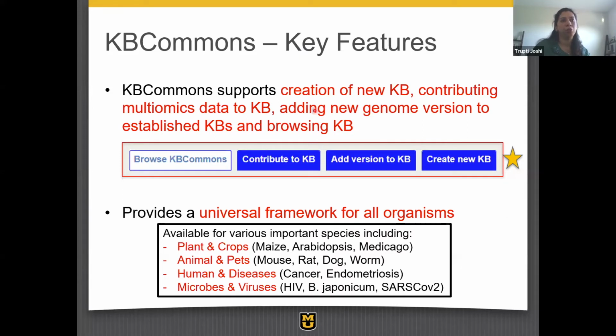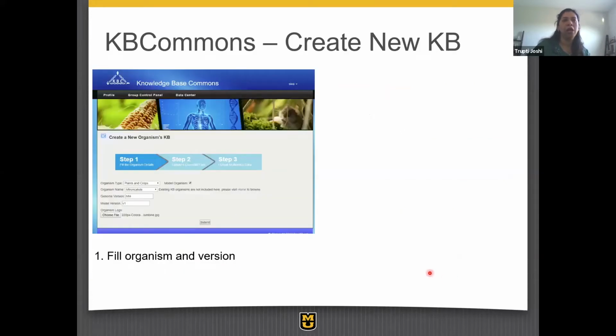You can pretty much do all 4 of these things if you're starting with a new organism and bringing your own data sets. And in doing so, this is an example of a couple of things that we have already worked on and that exist in the KB Commons system through all of these 4 different species groups, I would say. So I will quickly flip through a couple of steps.